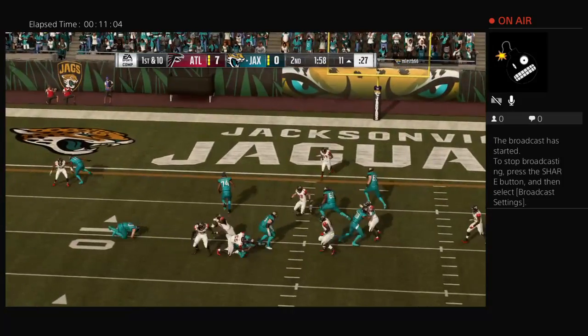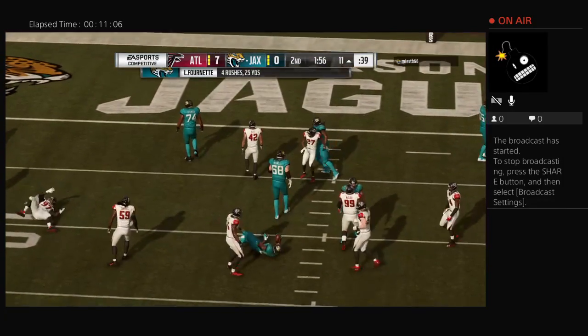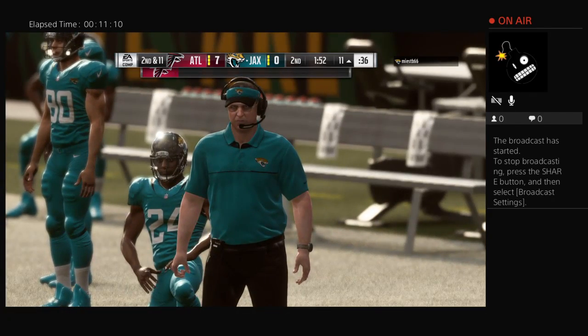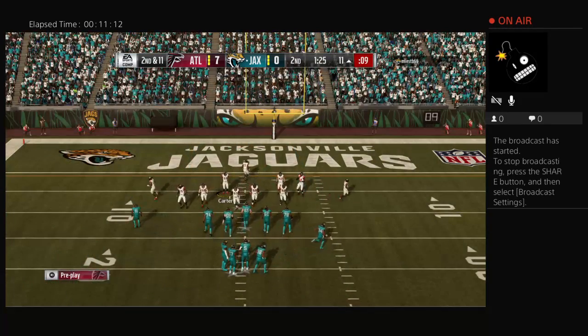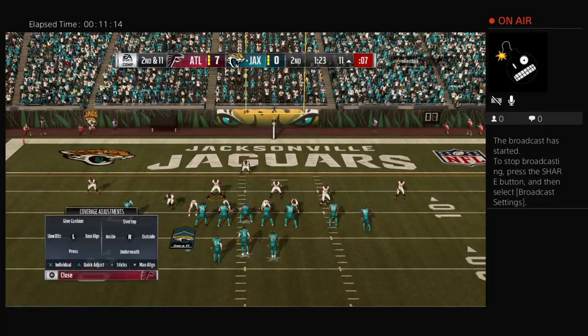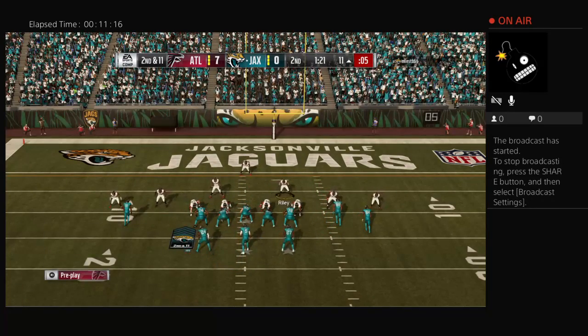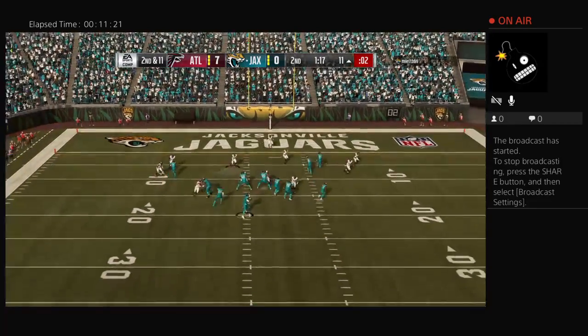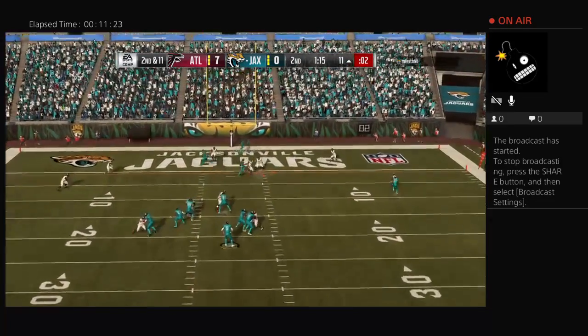Bortles on the give to Fournette. And this play doesn't go anywhere. Backwards, losing yardage to the 11. That's going to go as a loss of a yard, and it'll be second down. Doubling this guy has to be a priority before moving up to the next level because the big fella, he just ate that one alive, just stuffed it. In fact, before the game, he was talking to us, and he's like...